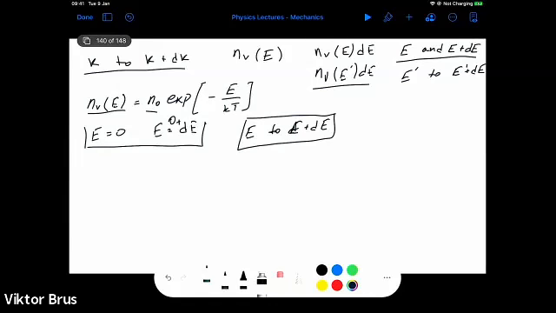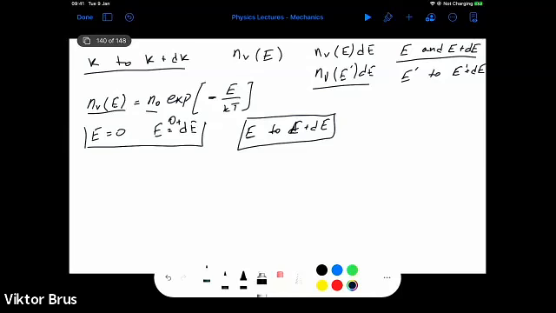So obviously, if we select some very large value for the energy E, and we have an exponential function here with minus, obviously there will be very few molecules which possess this high kinetic energy in the range E to E plus dE. So now